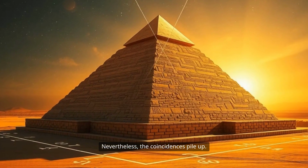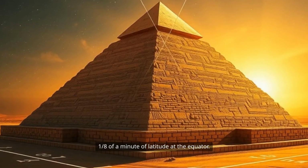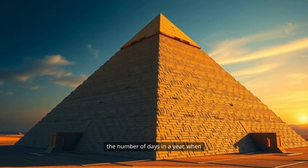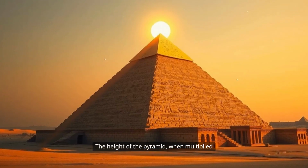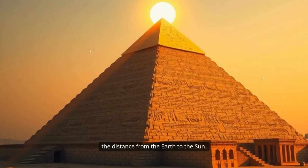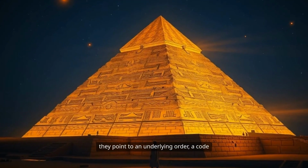Nevertheless, the coincidences pile up. The pyramid's base, for example, is almost exactly 1/8 of a minute of latitude at the equator. The sum of the pyramid's 4 sides equals the number of days in a year when measured in ancient Egyptian cubits. The height of the pyramid, when multiplied by a certain factor, yields the distance from the Earth to the Sun. Are these all products of chance, or do they point to an underlying order, a code embedded in the